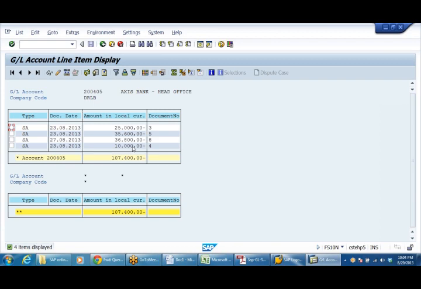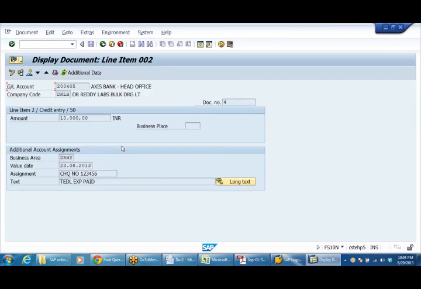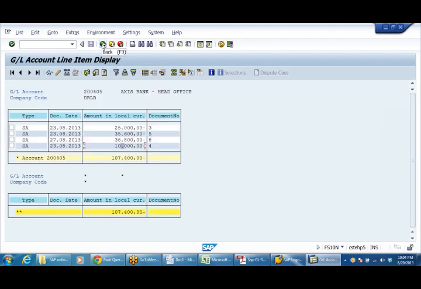Debit 3, 4. Yeah, this is the document we have changed, right? But the thing is, it is showing the same one. See here in SAP, sometimes what happens, that in ECC 6, I don't know the capacity of our servers.